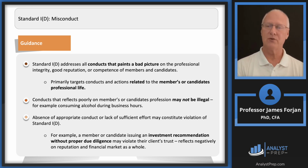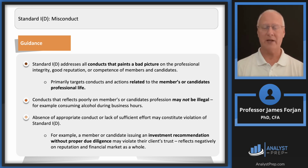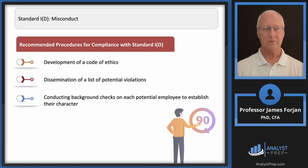Now, a couple of interesting things here. Look at that middle bullet point there. Yes, there are some activities and behaviors that may not be illegal that might paint a bad picture, like drinking beer and then throwing popcorn or beer on a basketball player. So what are recommended procedures here? Code of ethics, that makes sense. List of potential violations. And by the way,